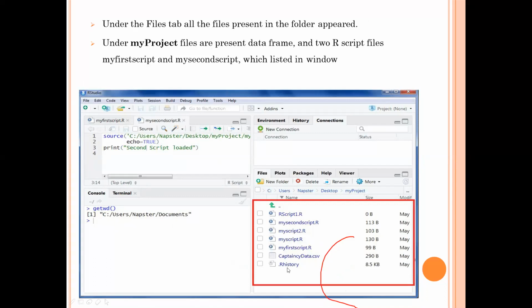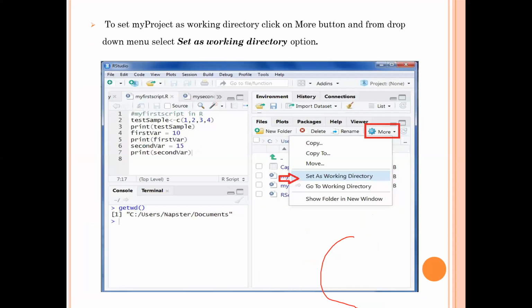If you have history commands, like yesterday's history commands, they will all be shown over here, and yesterday we saw how to retrieve them. Also, in RStudio, by clicking on More, you can set the working directory. So there is no problem setting the working directory from this part. If you don't want to use the commands, you can use this menu option also.